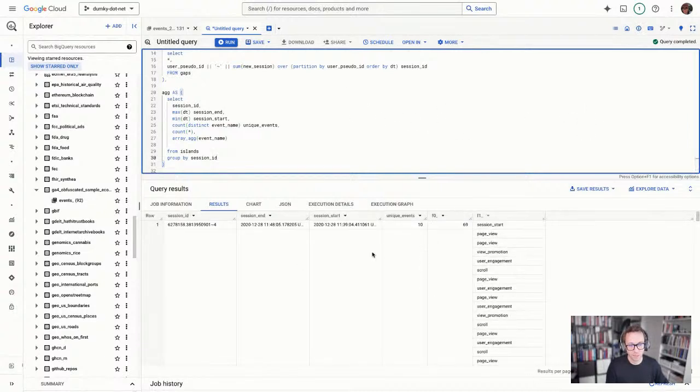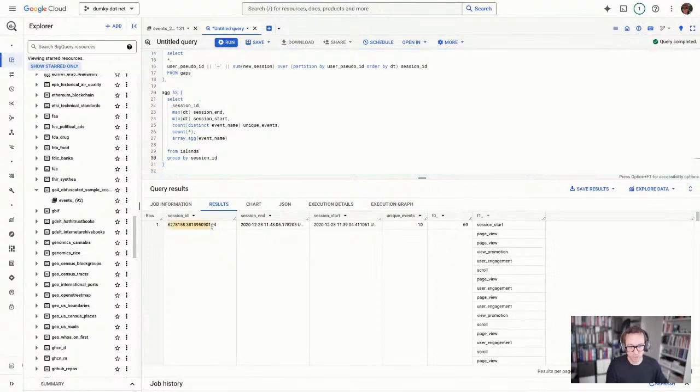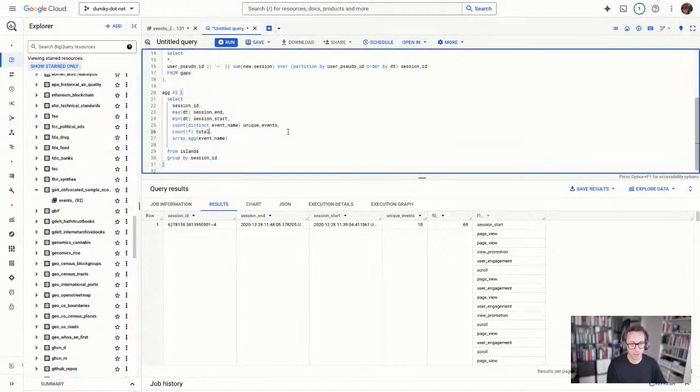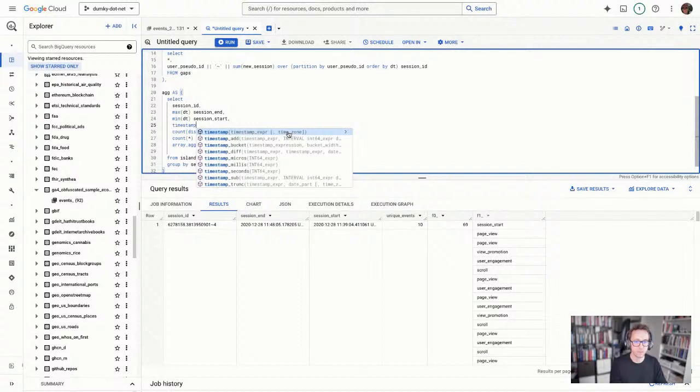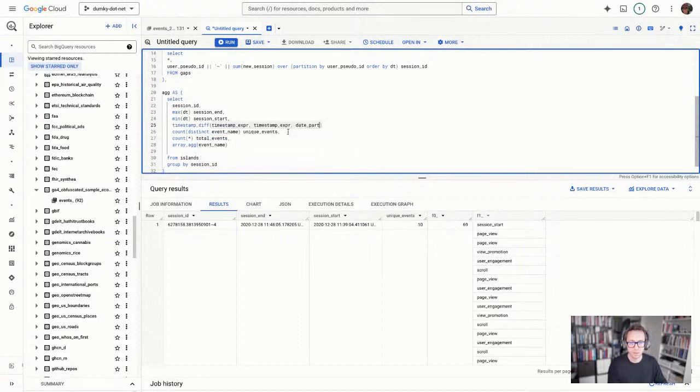And so now you see that per session, I get a nice start time, an end time, unique events, total events. I get all the events that took place here. I can even do, if I want to get the time that has passed, I can do a timestamp diff, right? And I can take these same expressions here